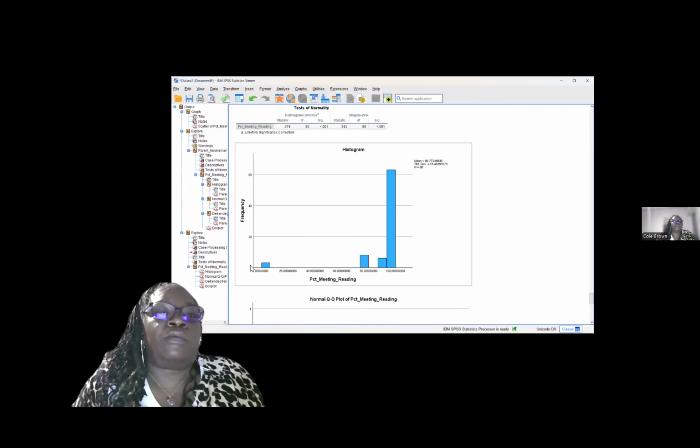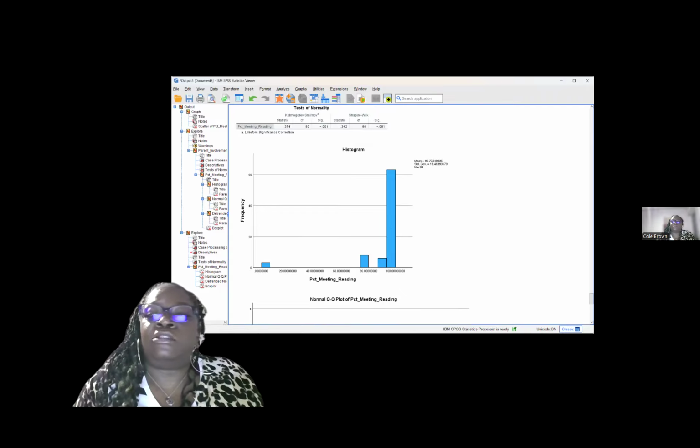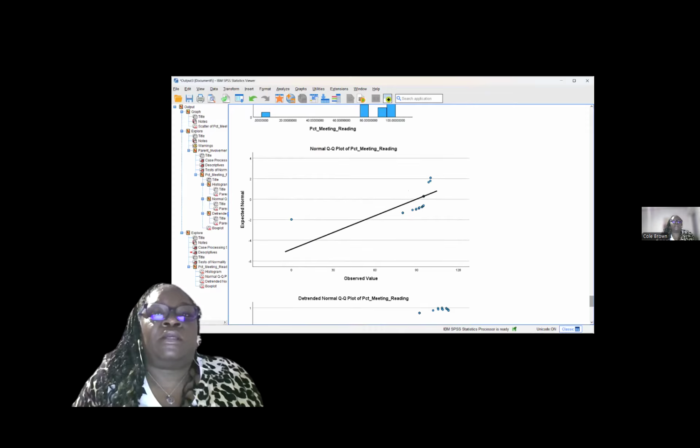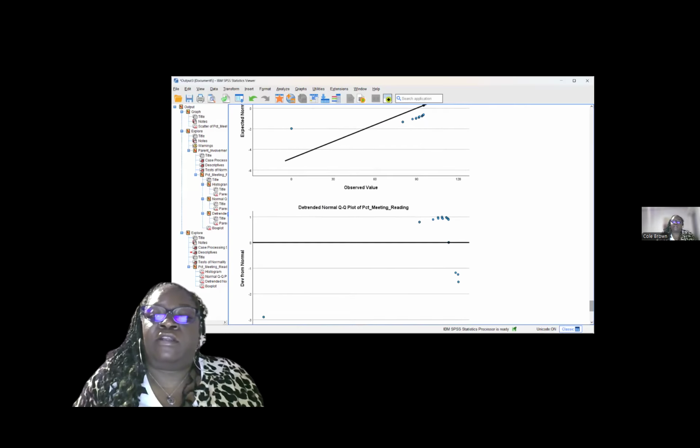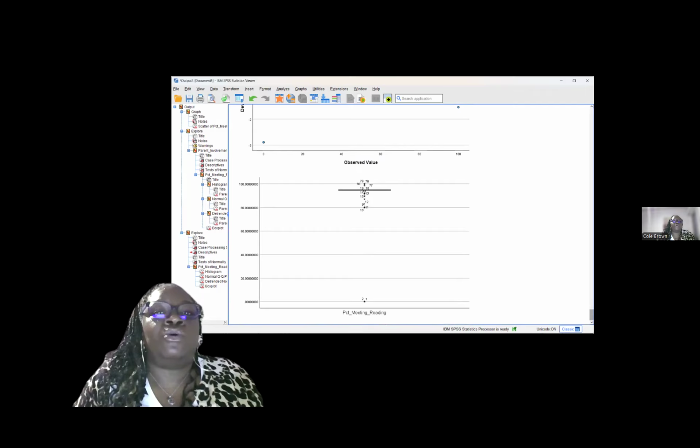Histogram. And there we are. We have that outlier over to the side out here at 0%. The rest are between 80 to 100 percent of meeting. And if we have just not on the line, it's a little bit under the line on our Q-Q plot, signifying, looks like it's signifying low correlation. And then we have these outliers down here at the bottom.